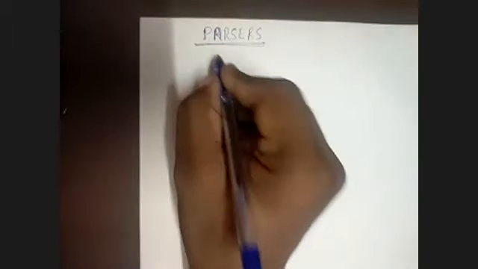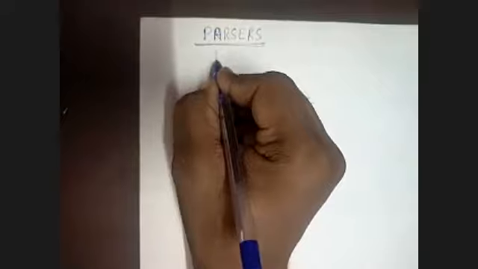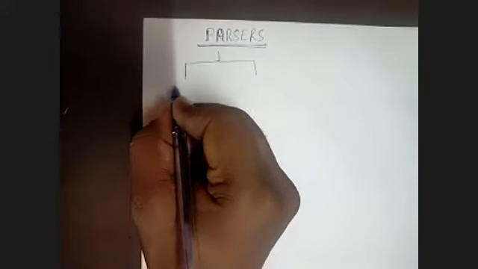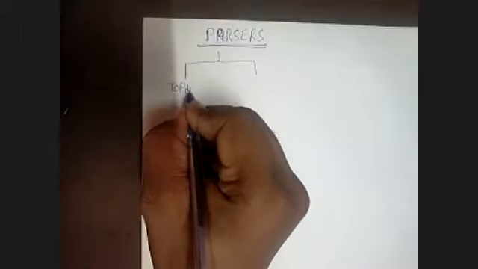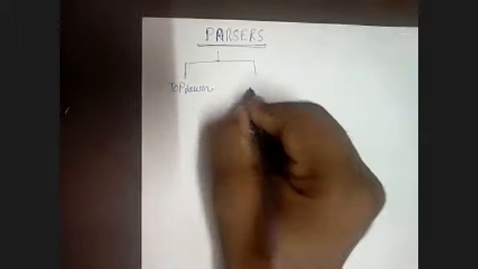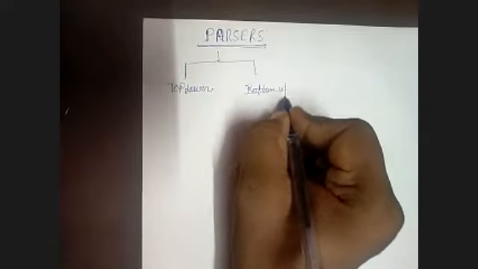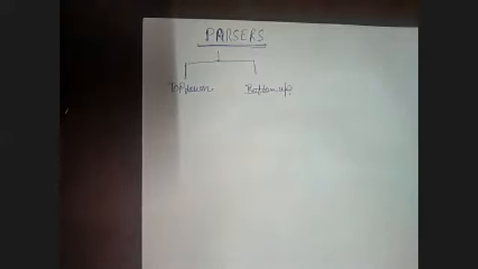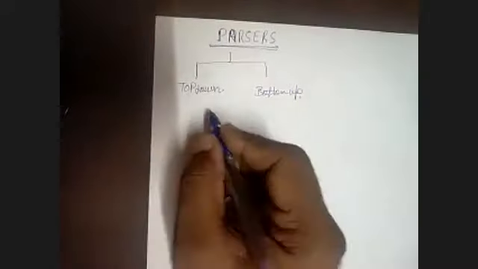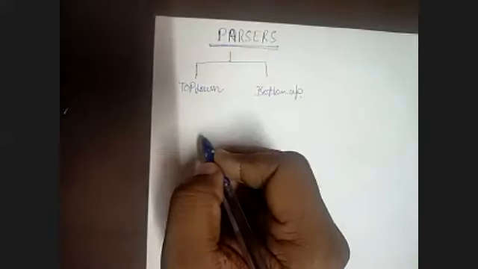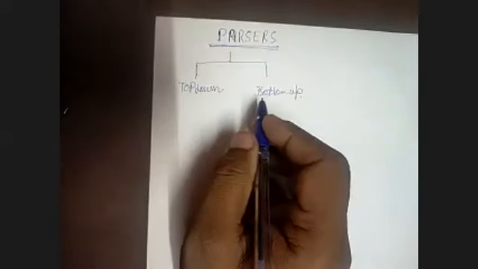First is parsing in the first part and the second part. The first part is top down and the second part is bottom up. Okay, so in a broader sense we define the parsers into two broader categories. First is top down and second is bottom up, right? Again we classify top down in a different manner and bottom up in a different manner, right?